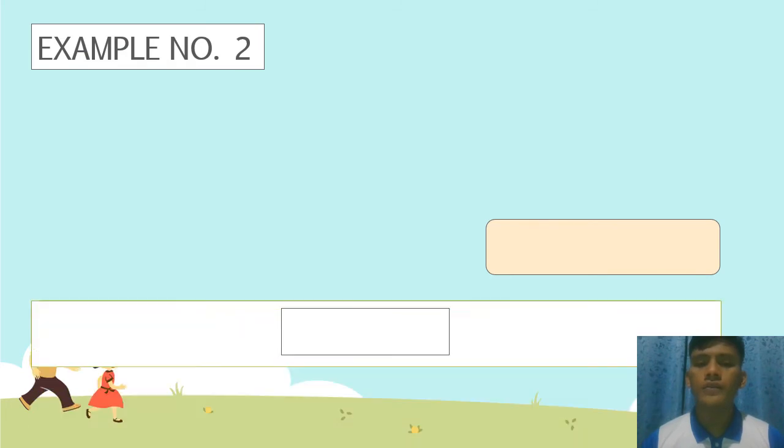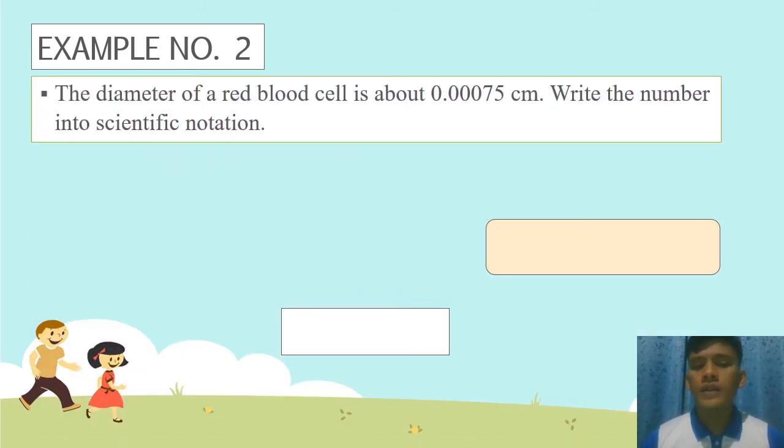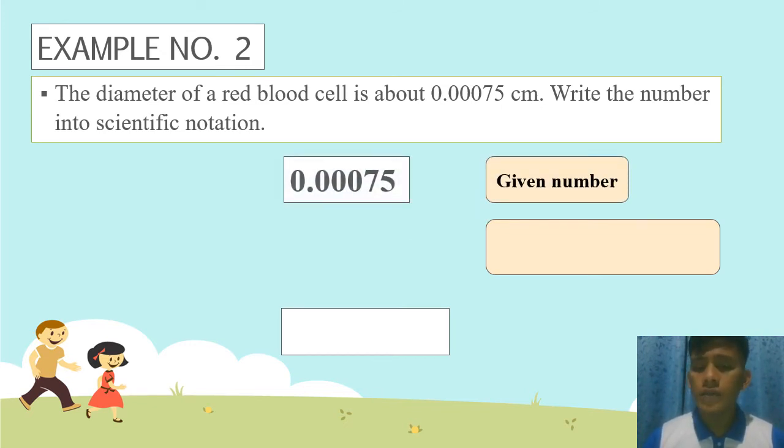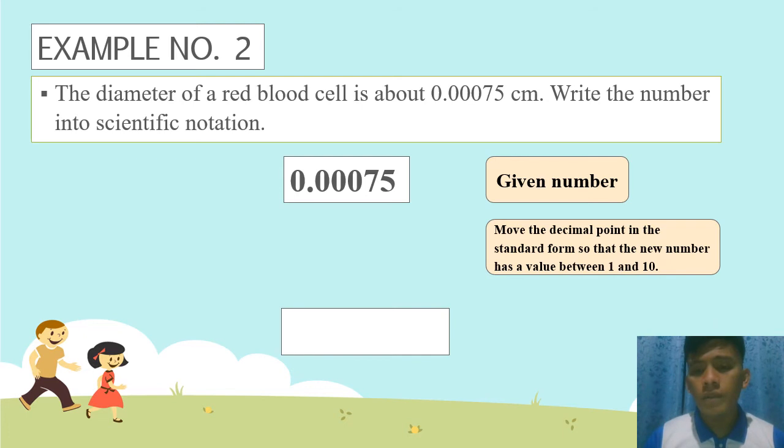Example number 2. The diameter of a red blood cell is about 0.00075 centimeter. Write the number in scientific notation. The given number is 0.00075 centimeter. Second step, move the decimal point in the standard form so that the new number has a value